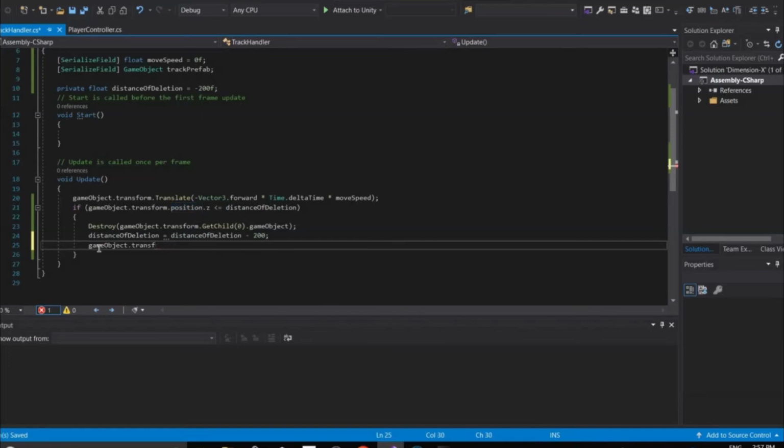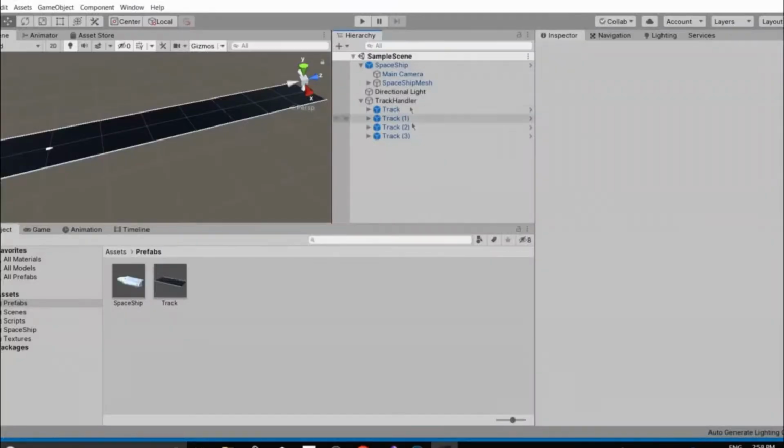We need to get the transform and then get the last child of it, right, guys? So what you have to do is just go to the get child function, and then inside of that function type in game object or transform dot child count, guys. With the child count, we are going to get the total number of children the game object has, minus 1. So suppose it has 3, if it is having 4 game objects,